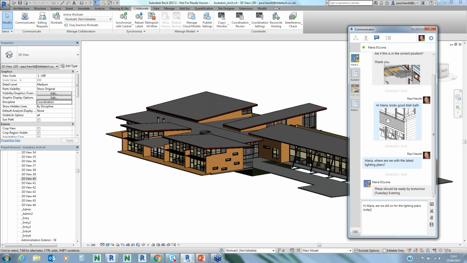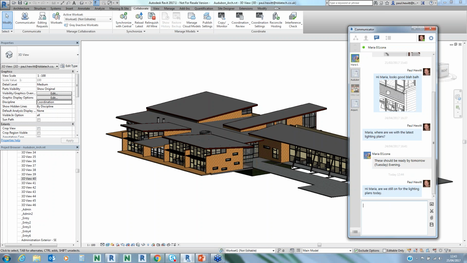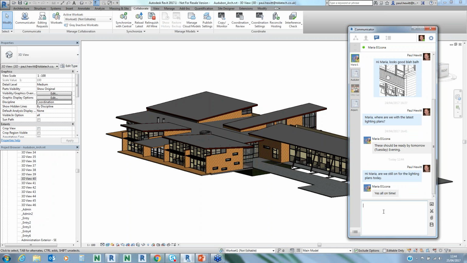So there's Maria's message. Now because Maria's online, she's typing away while I'm typing on the other machine. So Maria then messages back. So it's live. You can see that it's quick, and the beauty is we can actually, like I said, send